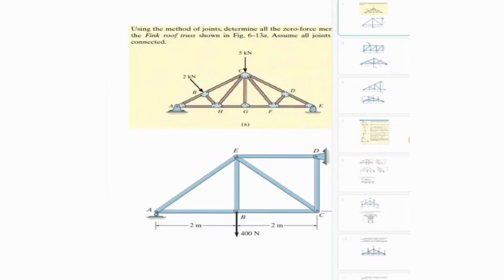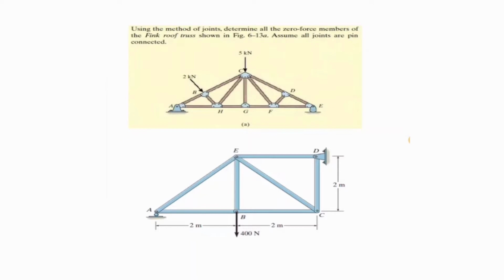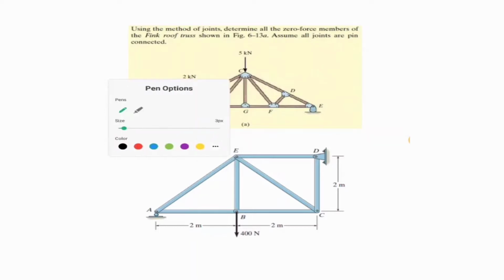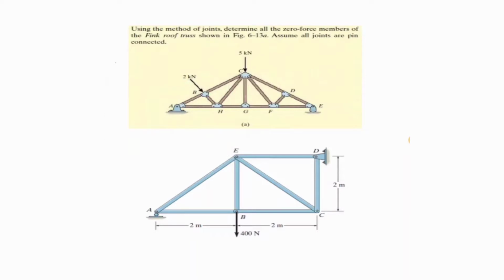Okay, let's do some practice right now and try to find some of the zero force members in these problems. I'm going to do some reasoning and find the zero force members. At the beginning, I'm looking for the links which have these conditions. One of the conditions is that we need to have three links connected to a joint,